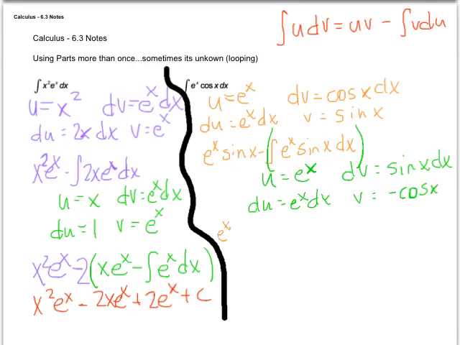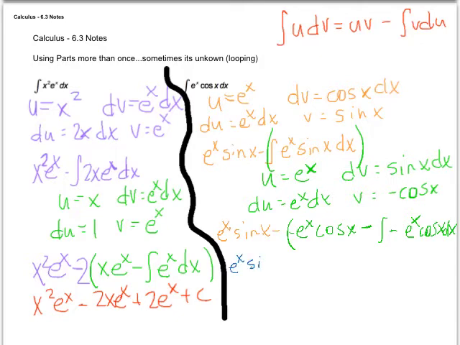So e to the x sine x minus uv, e to the x, negative e to the x cosine x, minus and then the integral of v du, which is negative e to the x cosine x dx. Okay, and if you'll notice, when I clean this guy up, and I'll write it in a different ink for the cleaned up version,